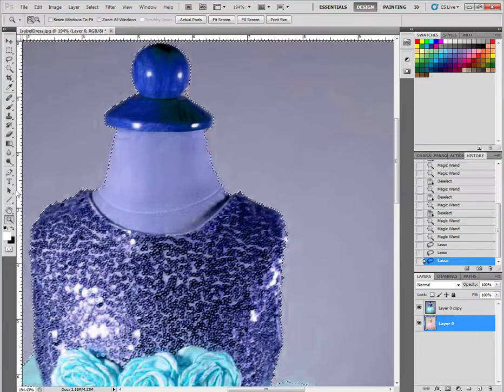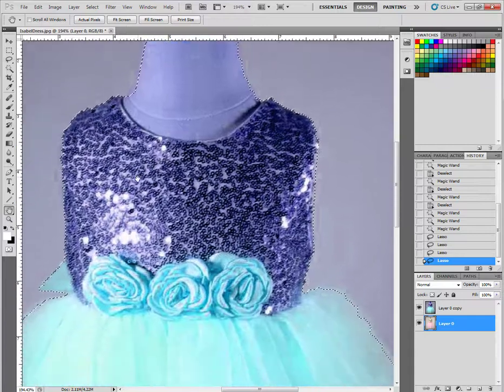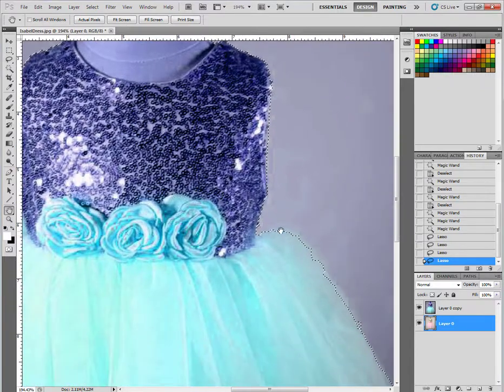So if I want this to be a little bit smoother, let's switch back to my Lasso Tool. I could hold the minus and say, hey, I don't want any of these rough edges here. But I can look around and see what's selected. I can use my hand tool to move around. For example, it's fuzzy right here, but I do want that not to be included. So I'm going to hold the minus and grab a little bit of that, come along here, and